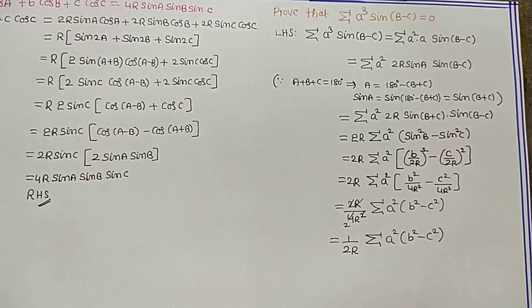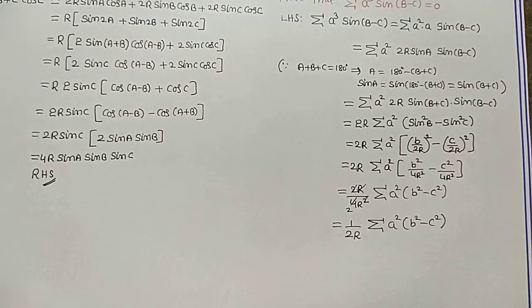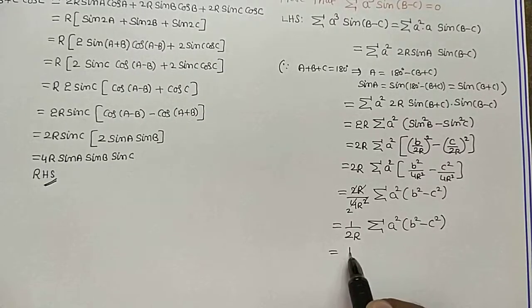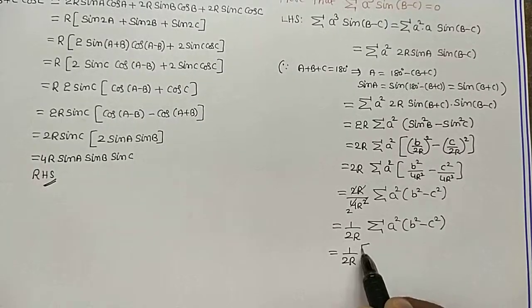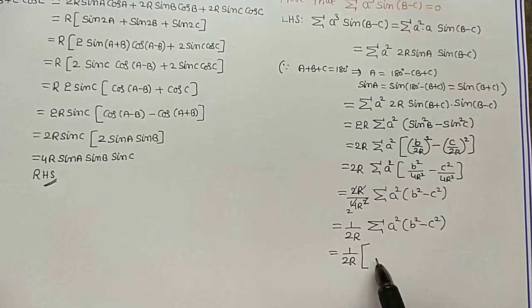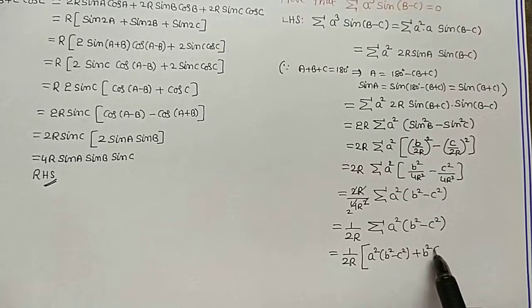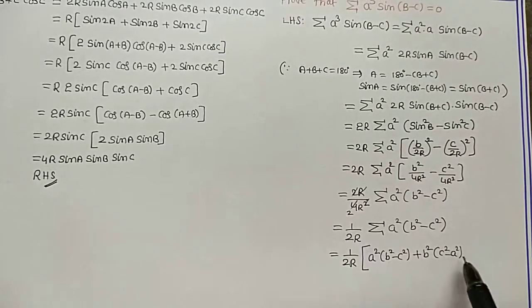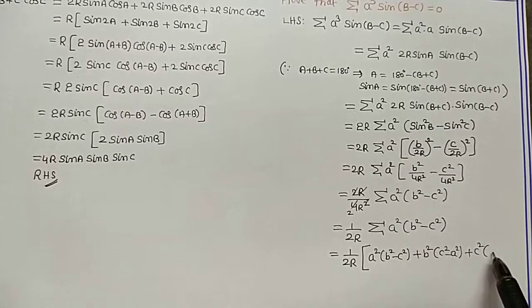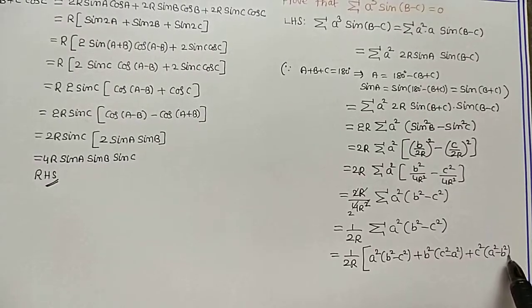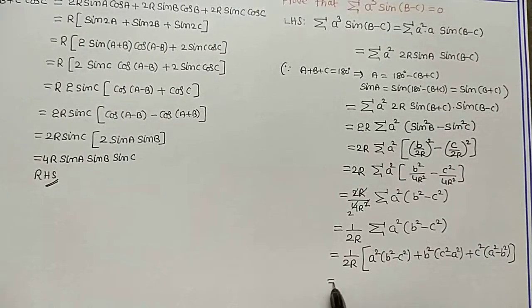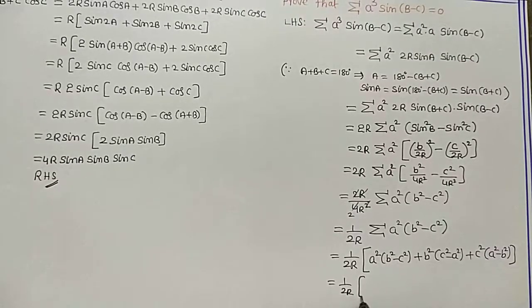If you expand by using cyclic process, we will get 1 by 2R into, if you expand the sigma, it will become A square into B square minus C square plus B square into C square minus A square plus C square into A square minus B square, which is equal to 1 by 2R